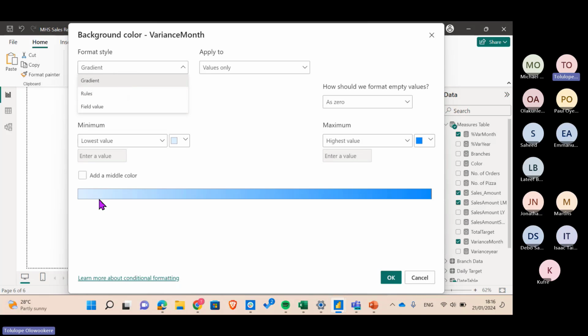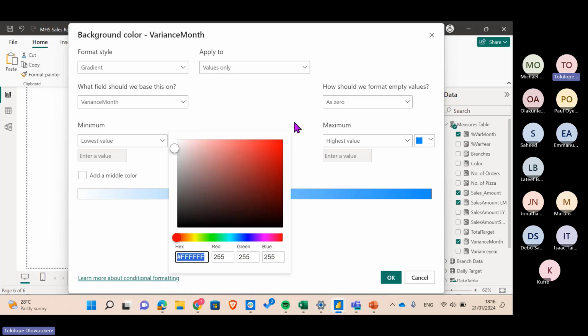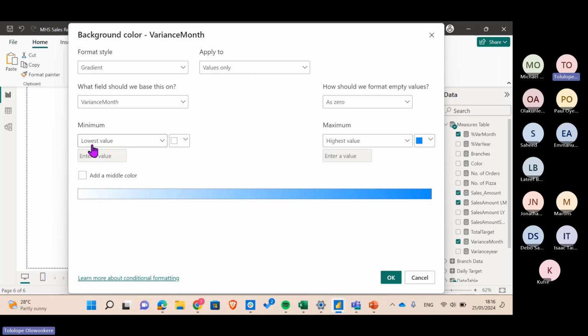With gradients, it gives you a color scale ranging from lowest to highest. What happens here is that it goes to that column, looks for the lowest number, applies a color, and the shade of that color increases until it gets to the highest number. So you can always change this color to whatever color you need, or maybe your company color. Or you can also